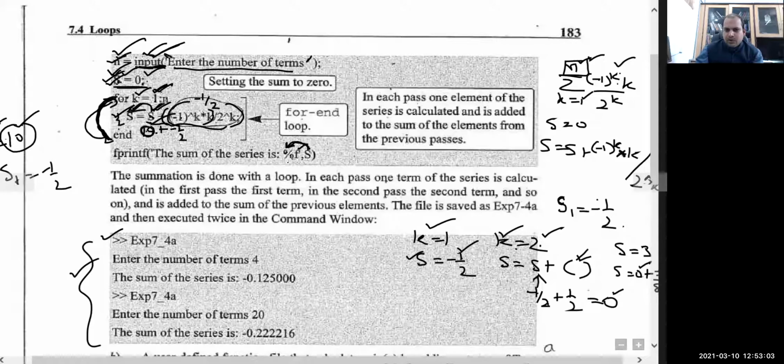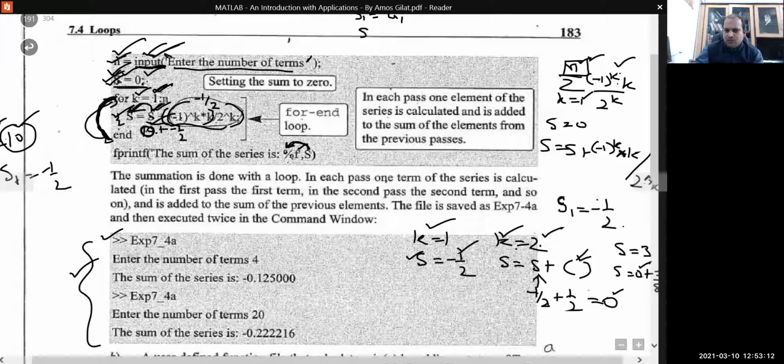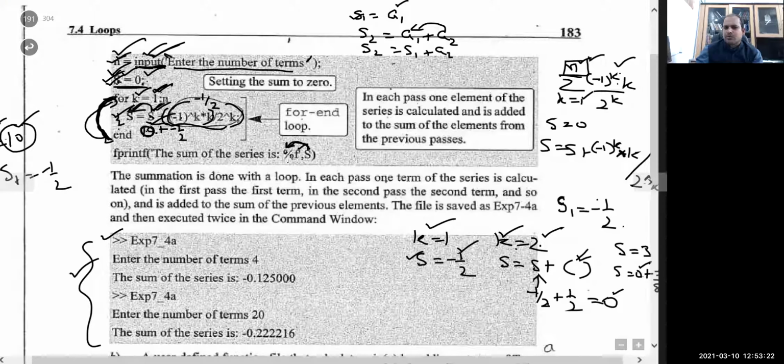In the series we will first compute the first term a1, and this is your s1. For s2 what we will do is add the next term to the previous value. This s1 we have computed, so I can write s2 as s1 plus the next term a2.